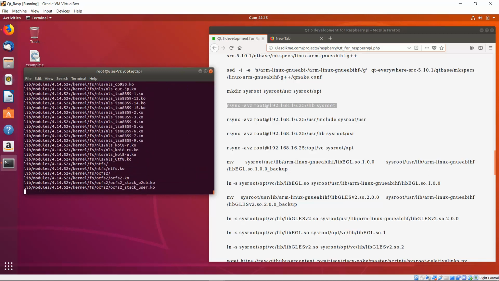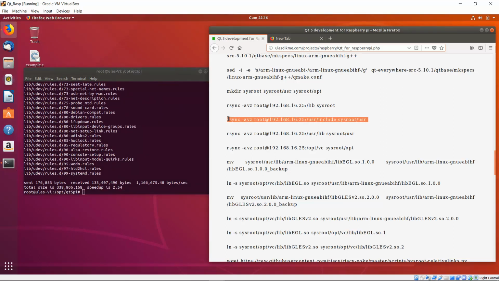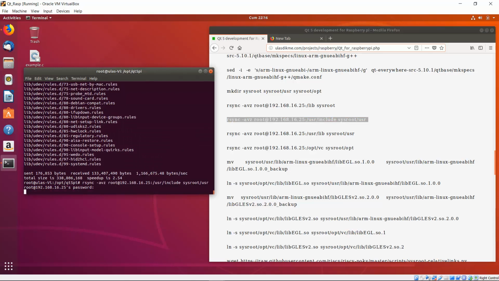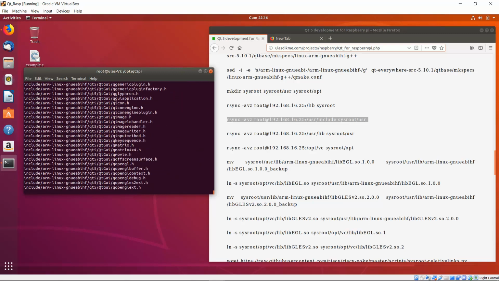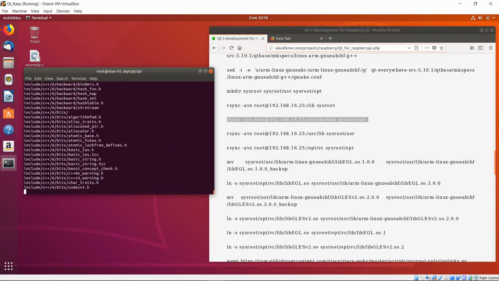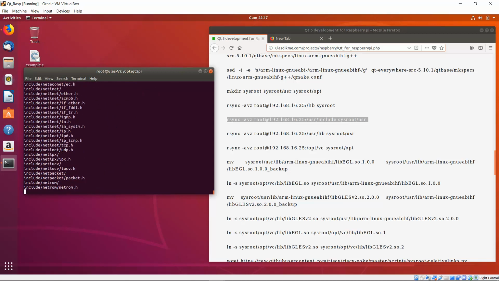Now the next one. You can add the SSH key if you don't want to enter the password of your Raspberry Pi again, but typing it a few times doesn't matter for me. That is why I didn't. So the next one,